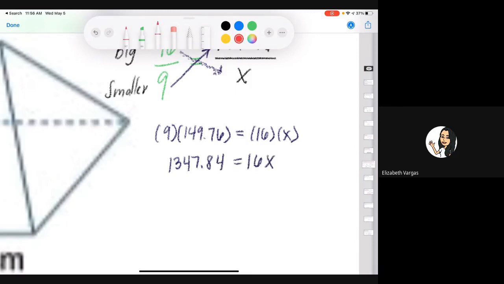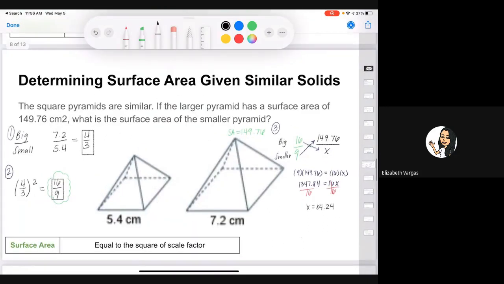In order to find x, I want to divide both sides by 16. That'll allow me to isolate x. And now x is equal to 84.24. That x would represent the surface area of my smaller pyramid. So this surface area will be equal to,